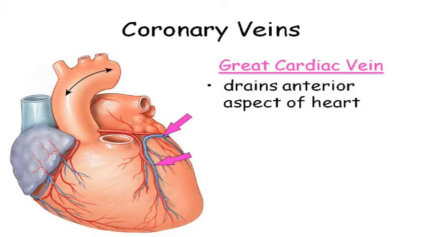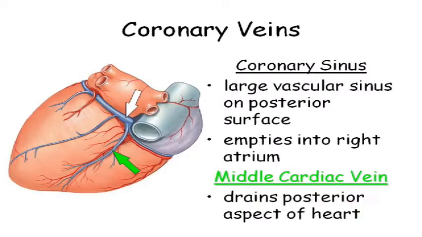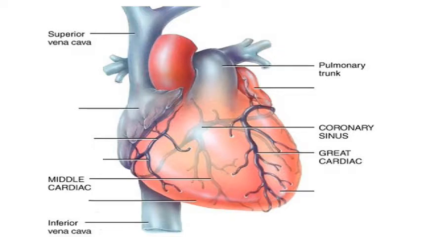The major veins, usually you have a big vein running along here called the great cardiac vein. And then on the back side, you have the middle cardiac vein, and then the coronary sinus. There are lots of other little veins, but those are kind of the major ones. That's kind of the high points of the